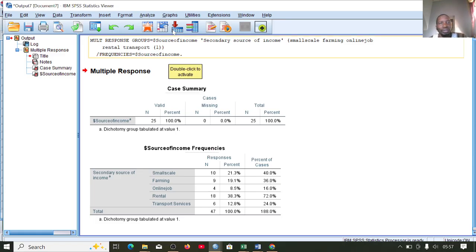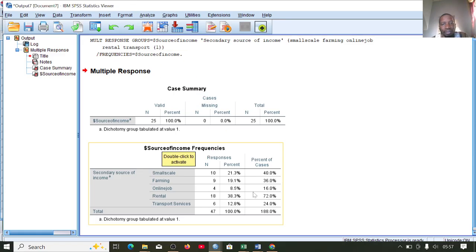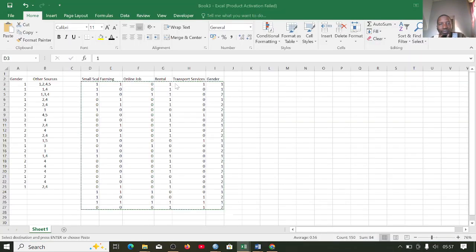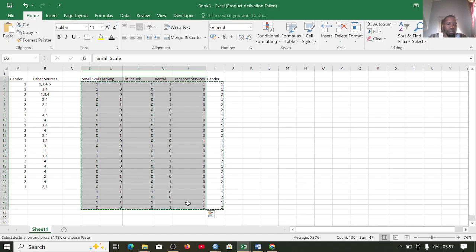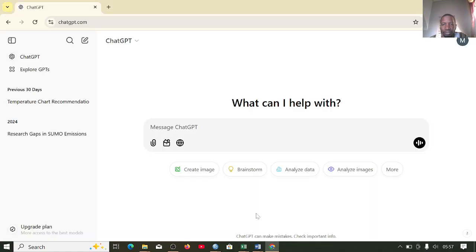So you can see here you need to follow some steps before you can be able to come up with this. So let's see what the ChatGPT will give us with regard to this. So let me just copy here. I'll come to the ChatGPT. I can now say